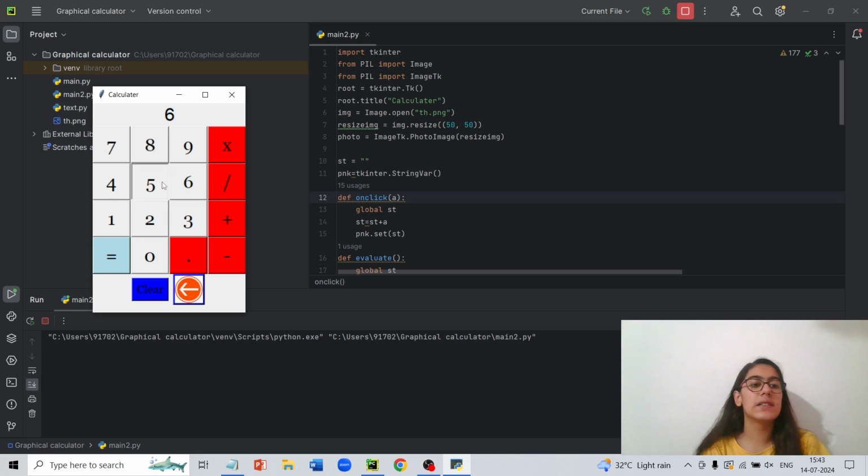Next we put in 658, but we realize we need to put in 659, so we can use this backspace button and put in 9 again. Here we have decimal places, multiplication, division, addition, subtraction.